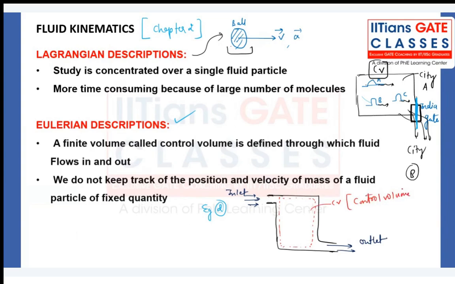In that control volume, we are focusing our attention at a particular point, let's say here, point A and point B, and we are defining whatever the velocity is there with which it is moving, whatever the acceleration with which it is moving. We are focusing totally on that particular point A in a control volume. So with this example, what we are actually trying to say,